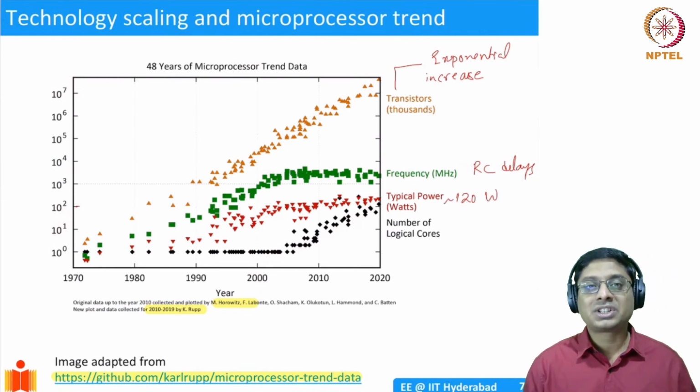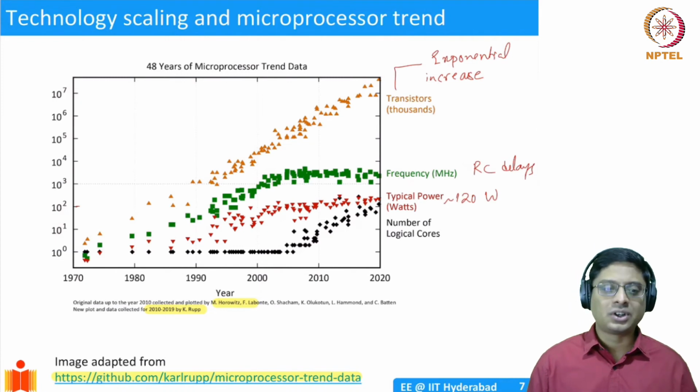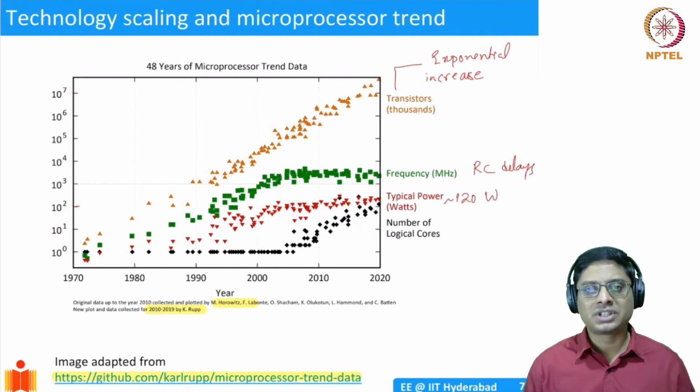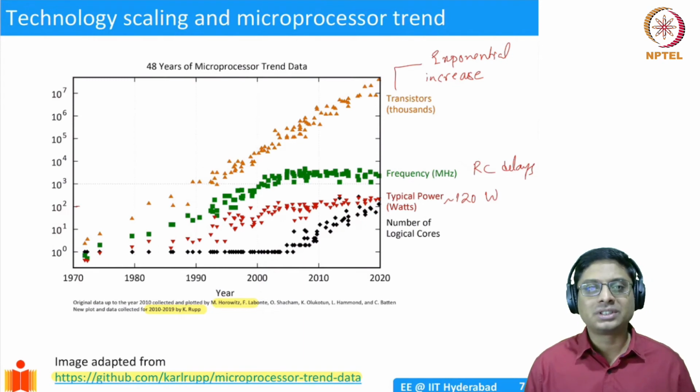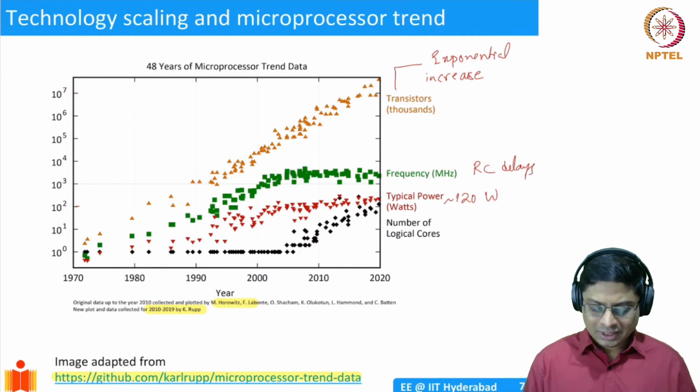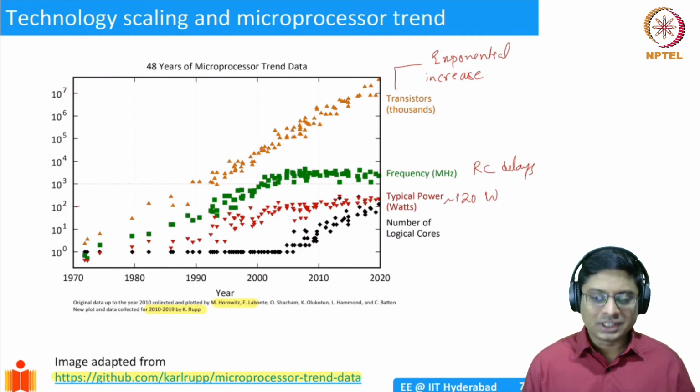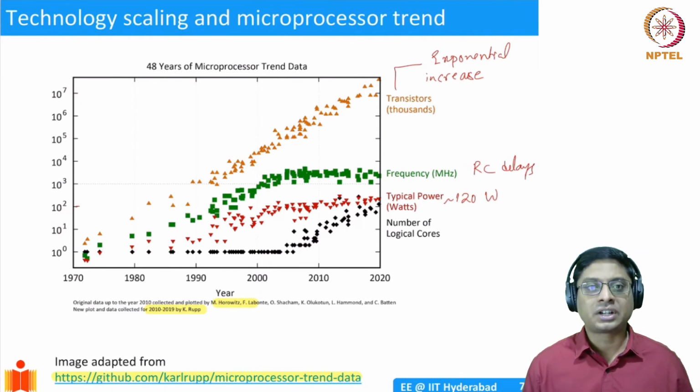We don't want it to be much higher than that, because if you have much higher, then you have to cool it. We already have servers which have water cooling and things like that. You need much more aggressive cooling techniques to make sure that there are no problems in the technology. Okay, but whatever it is, overall it definitely is an impressive technological achievement.